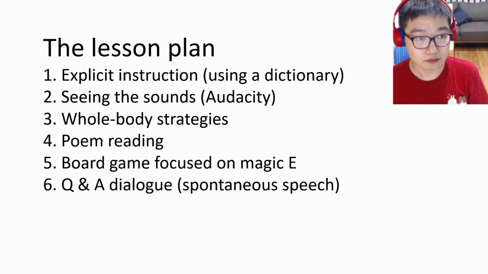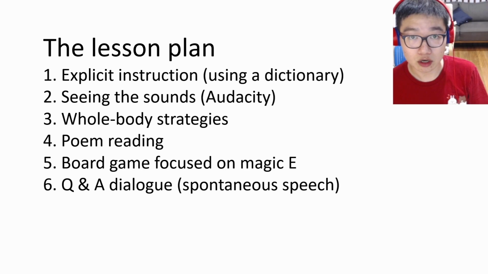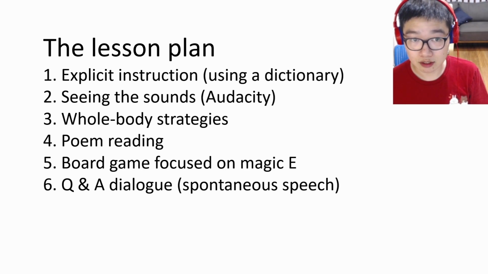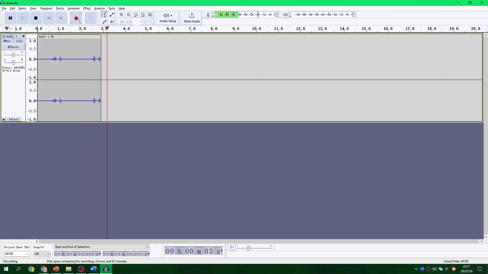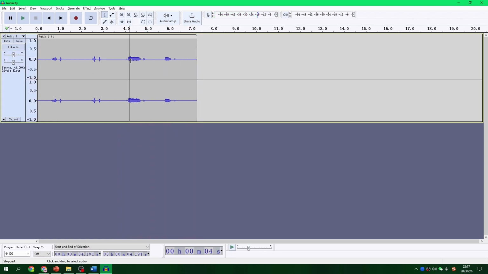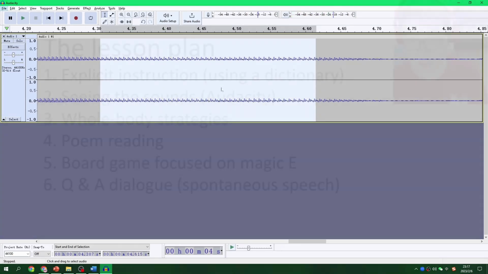Okay. So my lesson consists of 6 activities. The first one is an explicit instruction using a dictionary, where students are shown how to use IPA symbols, or more specifically, the long sound symbol, to tell if a word contains a long vowel. The second one is seeing the sounds. This involves the use of audio editing or recording software, Audacity, where students are shown how to analyze the sounds or measure the sounds and compare long and short vowels